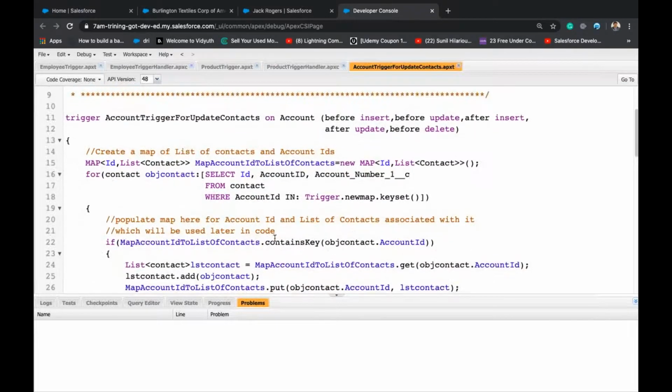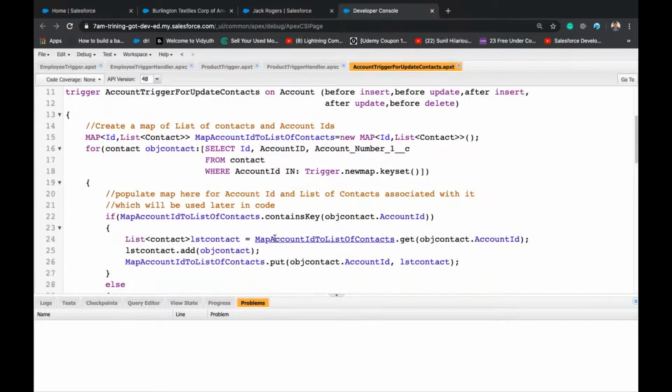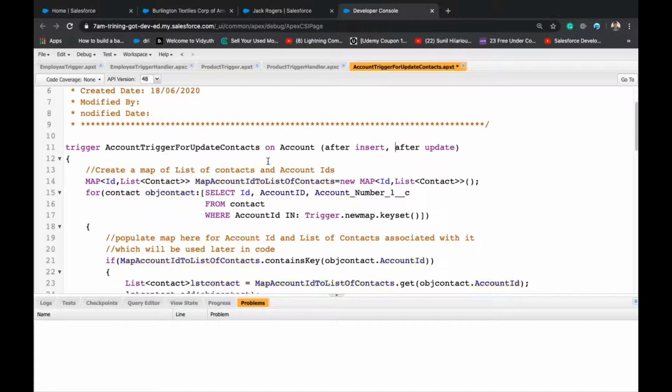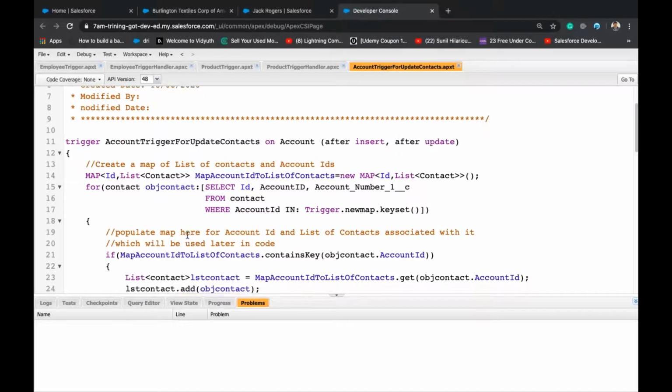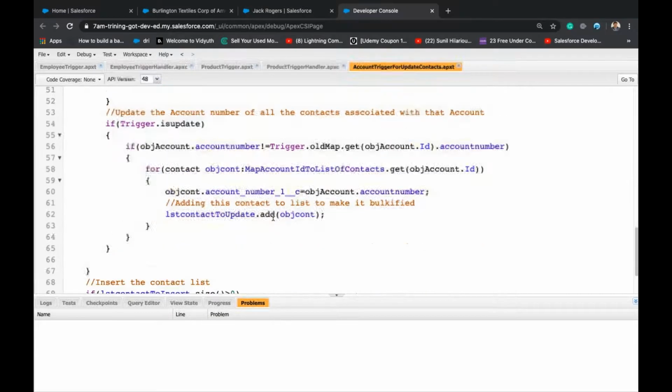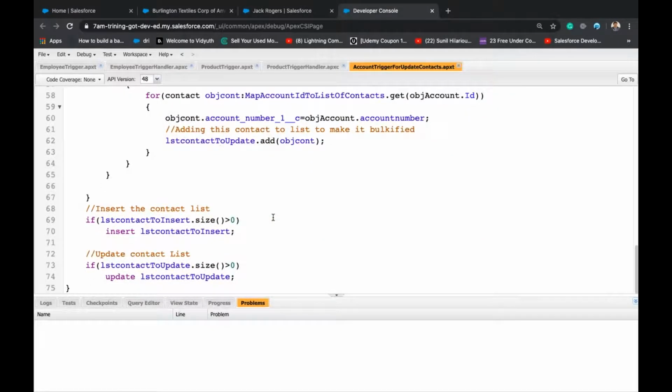Before insert, before update, after insert, after update. So let's remove. We don't need delete also. So why it's not executed?